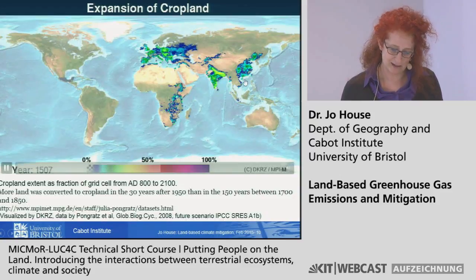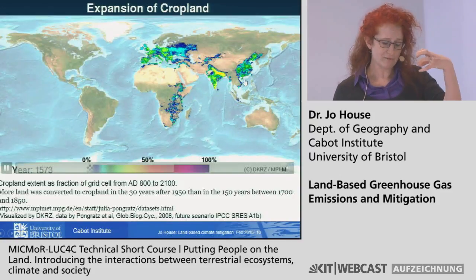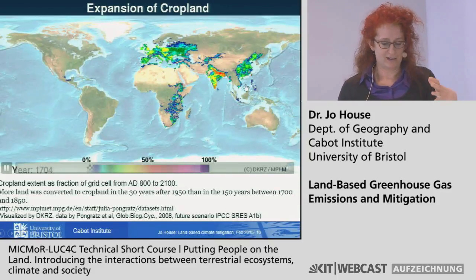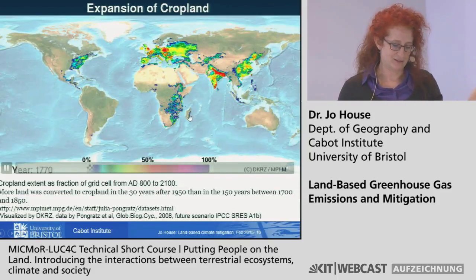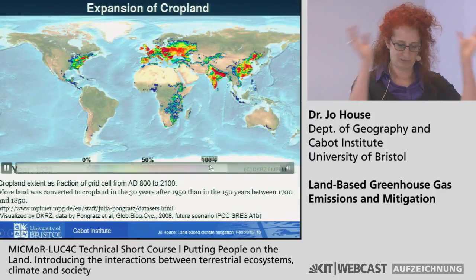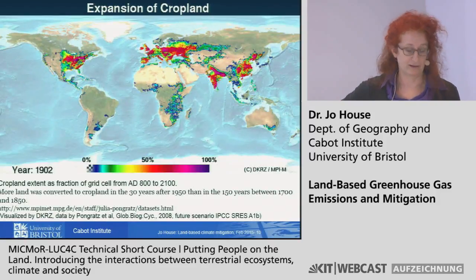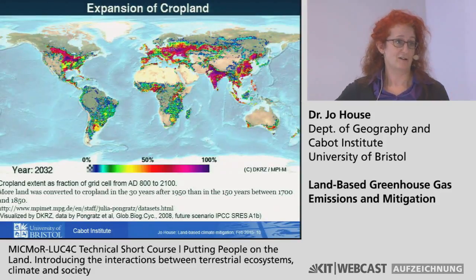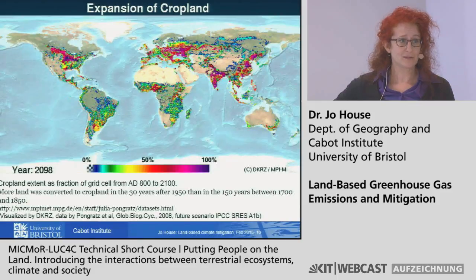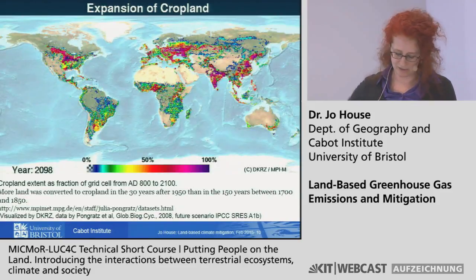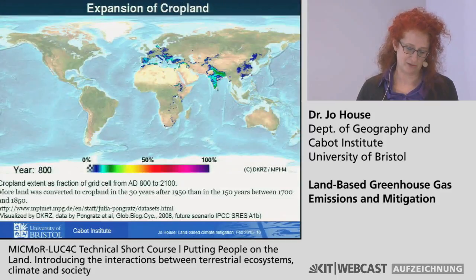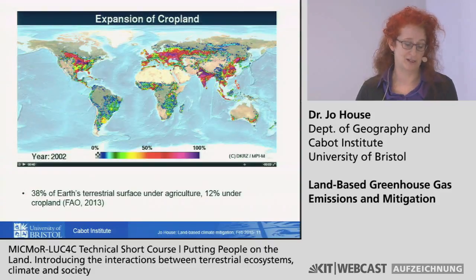And if you look to China, you see a similar thing with the fall of the Ming dynasty, a much smaller contraction, and then an increase in expansion again, and then by about now it's all just going nutty, and everywhere becomes quite covered in cropland. So it's a nice idea that you can see some of the drivers Mark talked about, some of the health drivers and political drivers, socioeconomic drivers that are going on with land use change. Sorry, that went up into the future, so that was where we're at with land use change today.